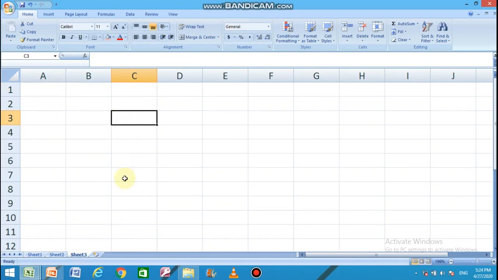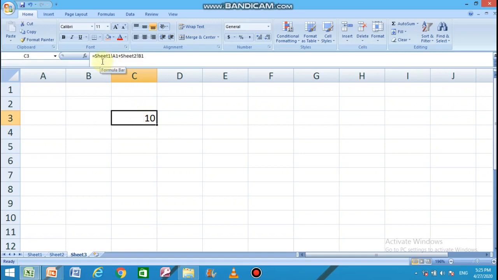How to do this? Very easy. Just write the formula: type equals, then give the sheet reference like Sheet1 exclamation symbol and then the cell address, that is A1. Write the operator, then give the sheet reference of the other sheet, exclamation, and the particular cell address in which the data is. Now press enter. You can see both the values are added together and the result 10 is shown on the third sheet.